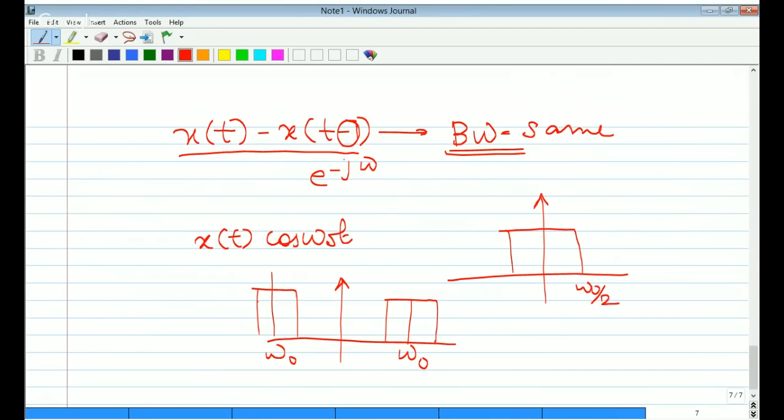That is why the Nyquist rate is twice the maximum frequency, that is omega naught. So now it will extend up to 3 omega naught by 2 from omega naught by 2. So the maximum frequency is 3 omega naught by 2. Hence the Nyquist rate is